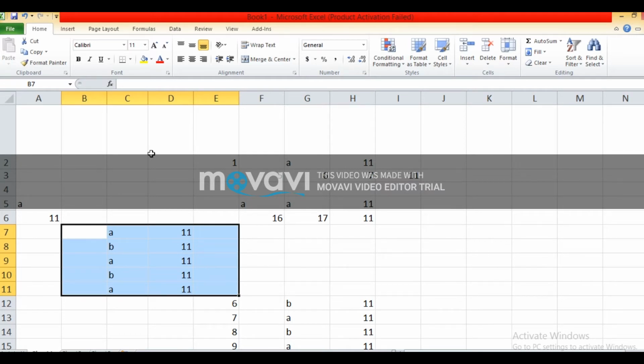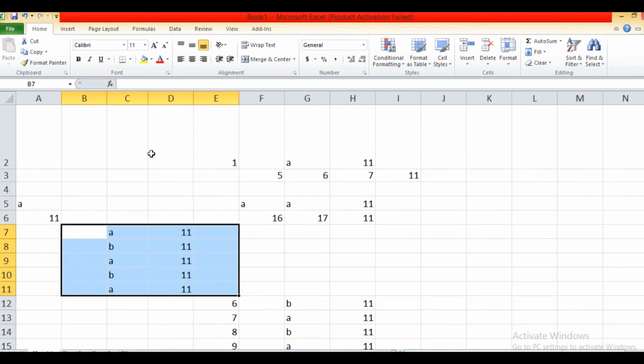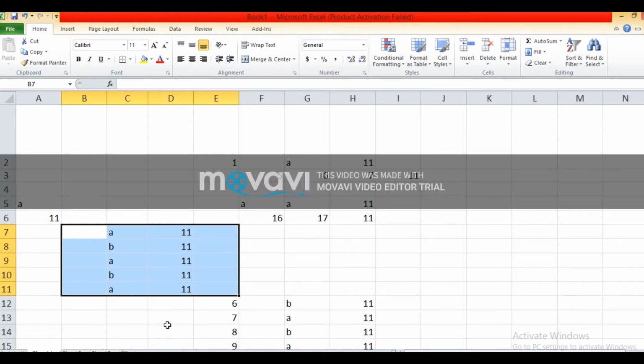In this way, you can increase or decrease the height and width of the row and column. By default, row height is 15 points and the column width is 8.43 points. Again, by default, row height is 15 points and the column width is 8.43 points.